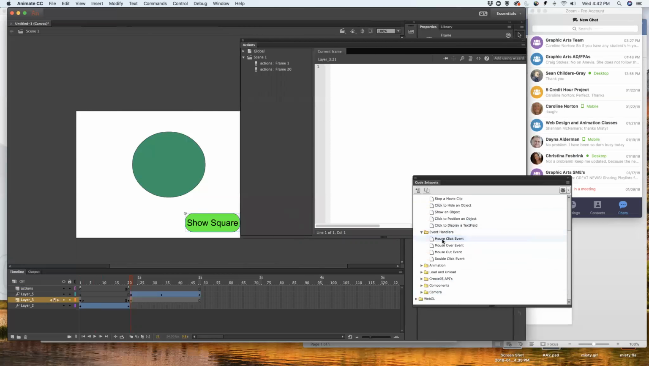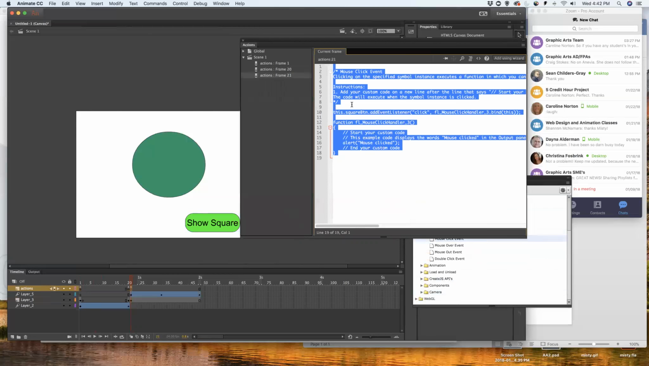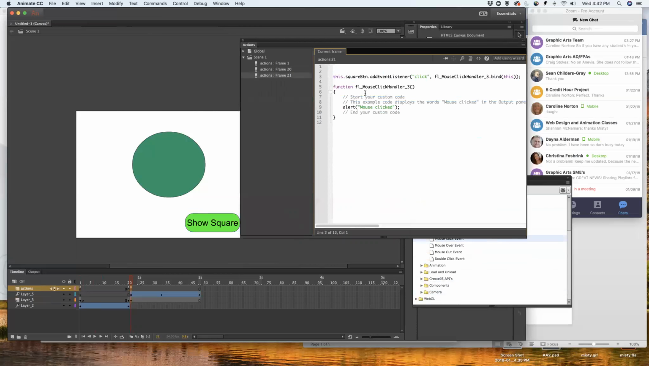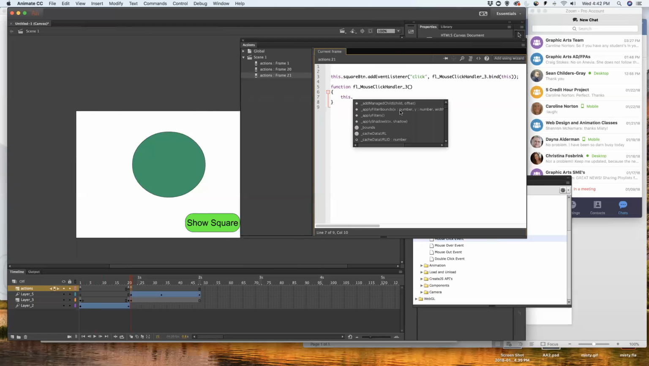And we need a mouse click event. Delete that. And I want it to go back and play the square, but I want it to skip the play button. I just want it to play it. So I would do this dot, go to, yes, go